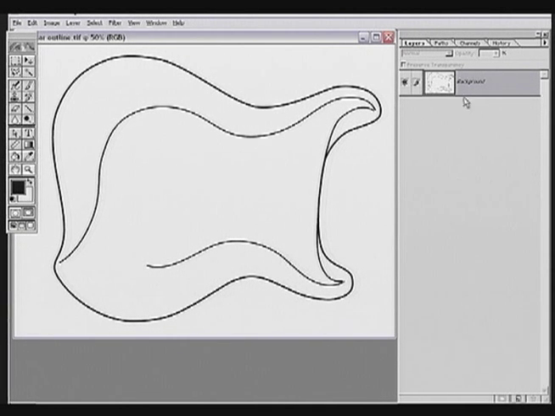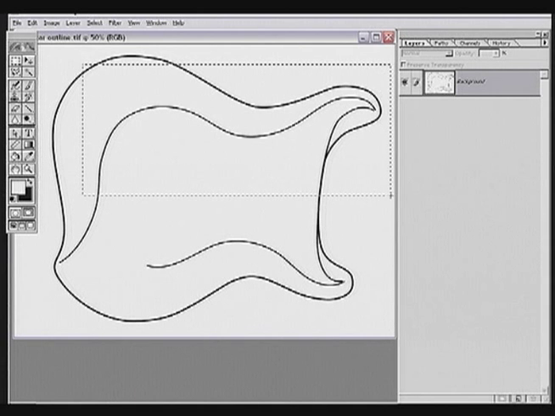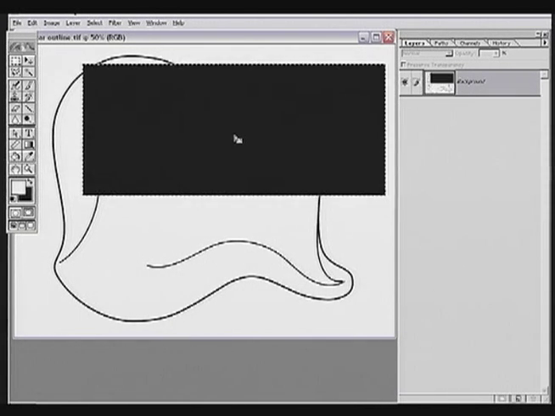There are a lot of things you can do to this, but there are a lot of things that you can't do to it because it is a background. If I were to grab one of my selection tools and select part of this, like, okay, I want to cut a hole in this image and get rid of that portion of it. Well, if I just hit my delete key, oh well, that doesn't look too great, because what's happening is it's